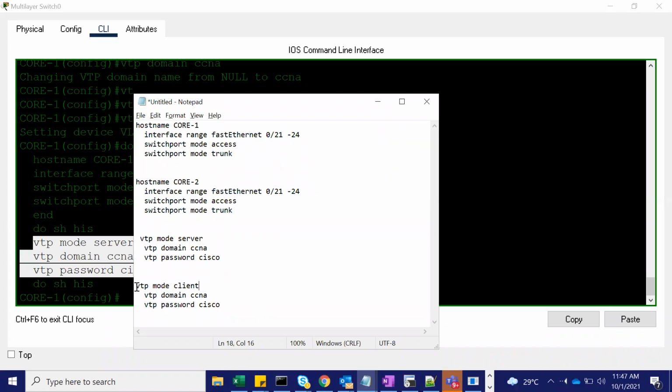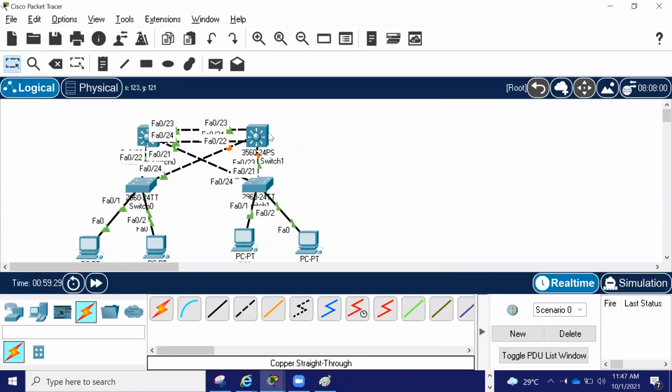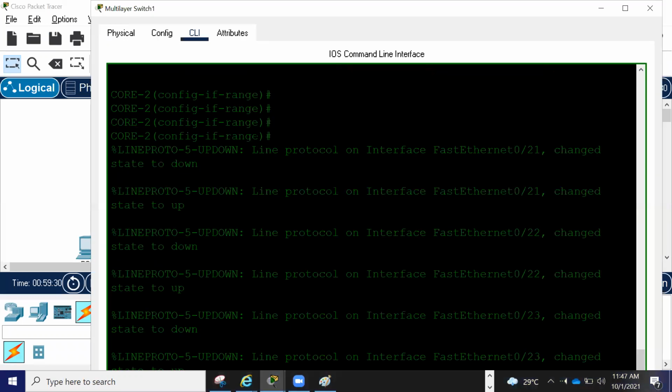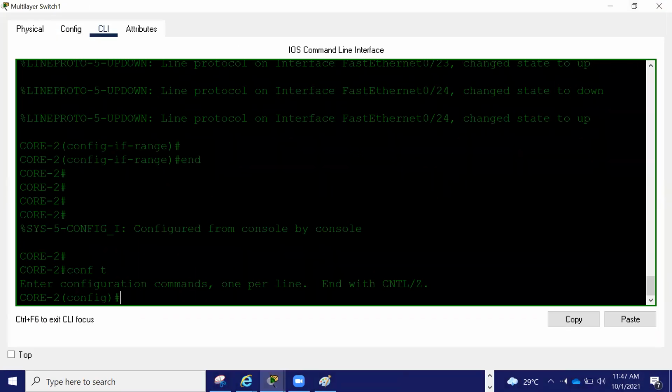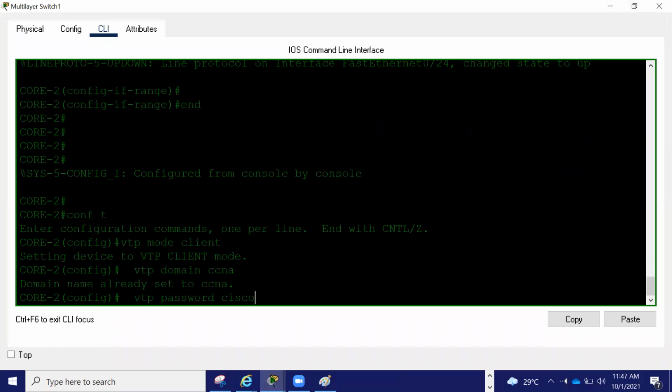So I will go to the other switches and simply paste these commands. By using the notepad, I'm just saving my time. Done.